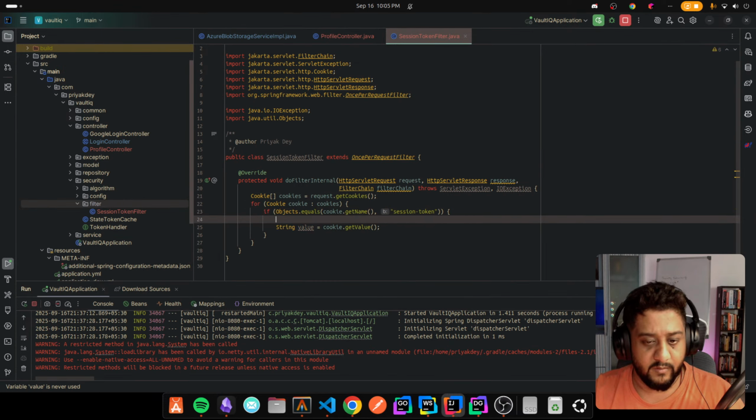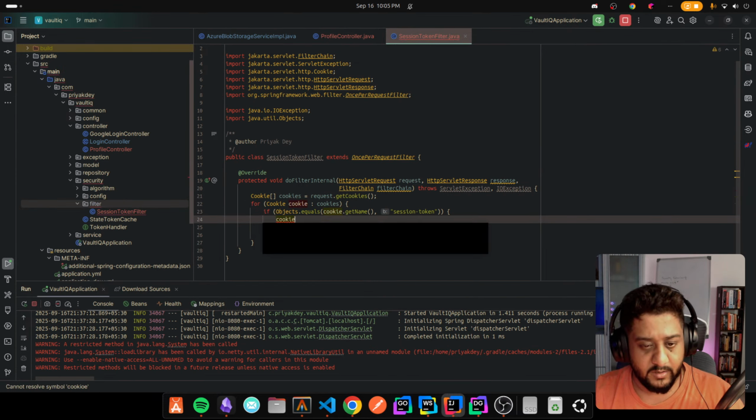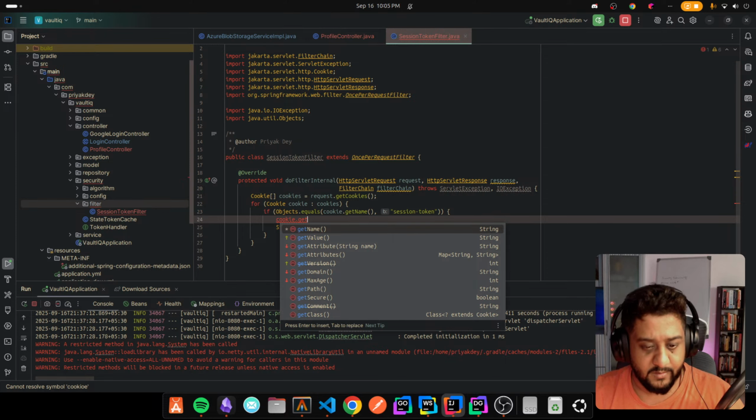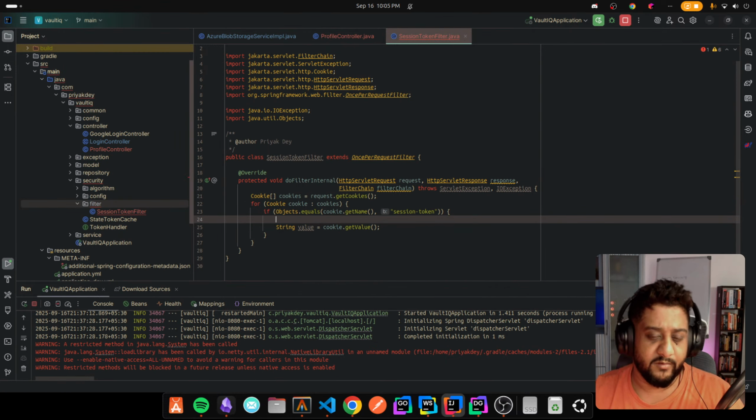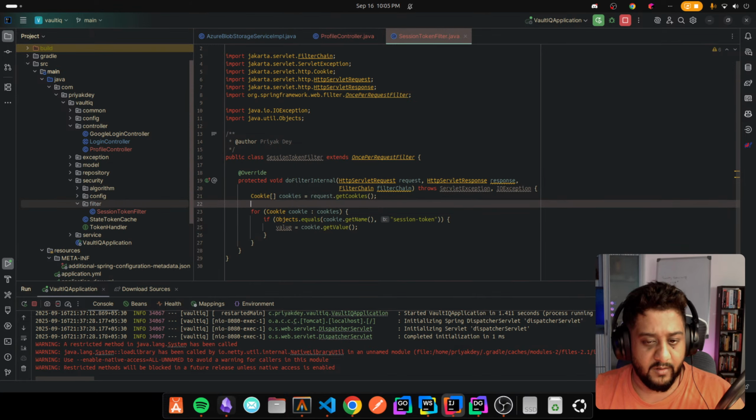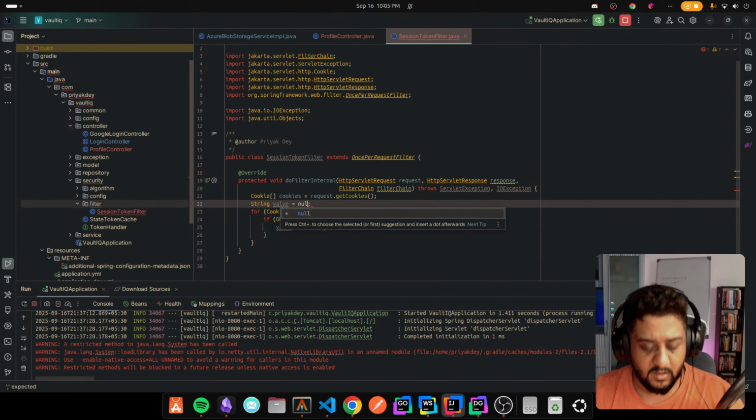So first thing first, cookie.getMaxAge. I think for max age the browser itself will take care of it, so I'm just gonna do this. Okay, so string value is null,